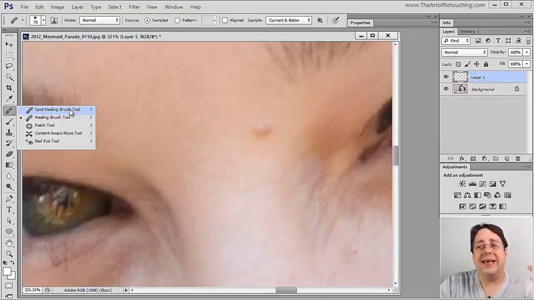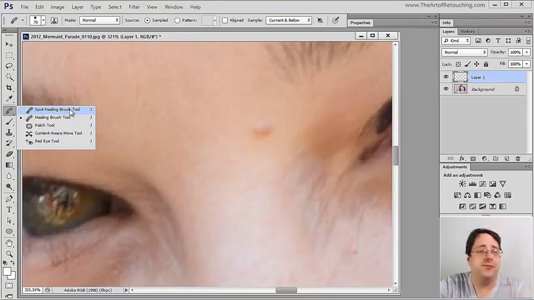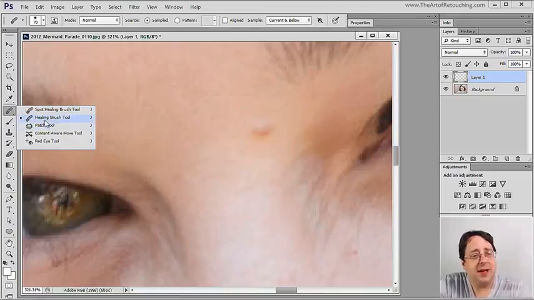Here we have what are called healing brushes. Now, rather than being pixel for pixel matches, they're going to match the pixels, but they're also going to do a little bit of automated changing. They're going to do a better job at matching the destination's texture or color and give you more of what you want. So, for example, if I use the second tool down called Healing Brush Tool,